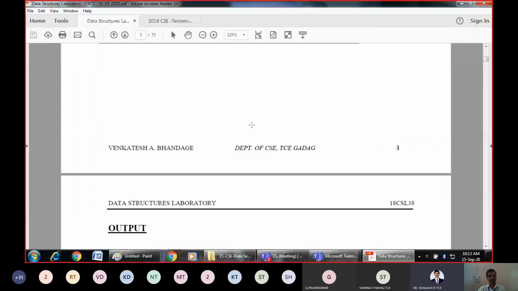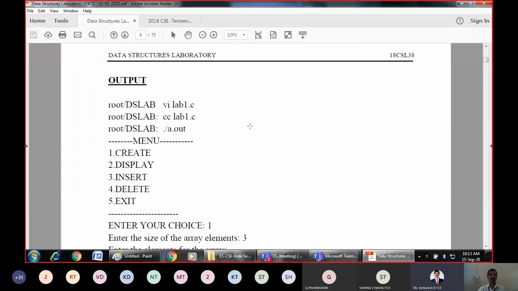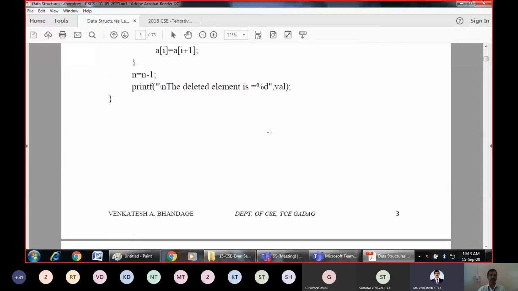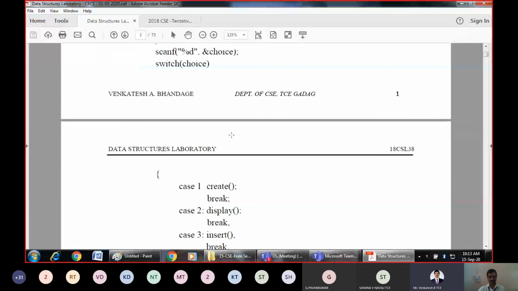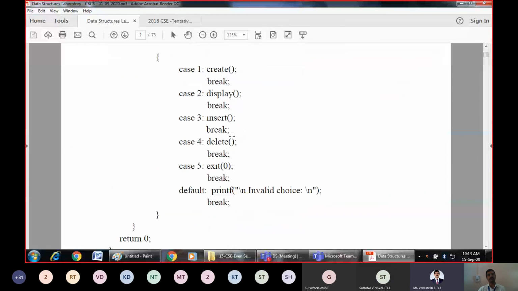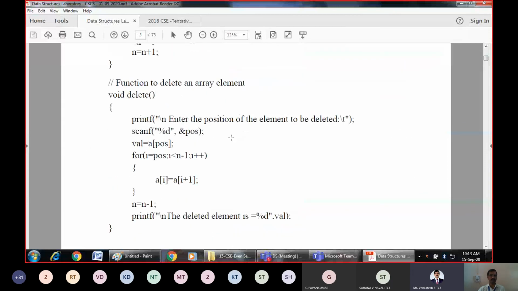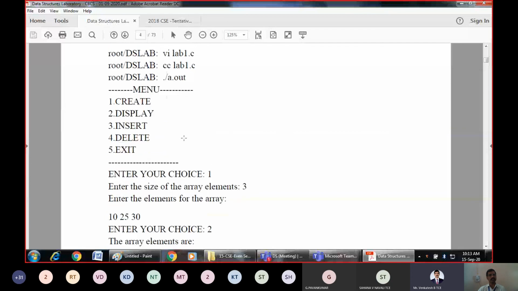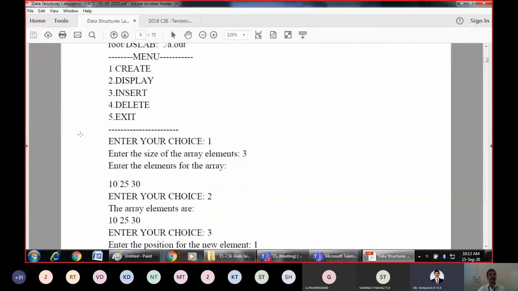But coming to this program, the first lab program, yes, this is the end. We have covered, along with the theory, the first lab program. This was the first lab assignment for you for all the array operations. So we have successfully performed all the array operations. This is one more sample output we can see. Probably the execution of these array elements I'll show you in the next class.